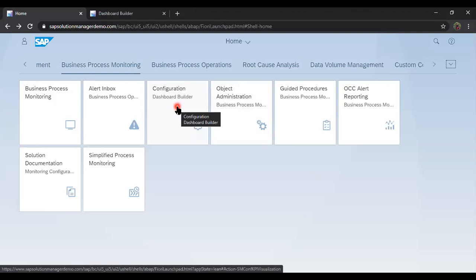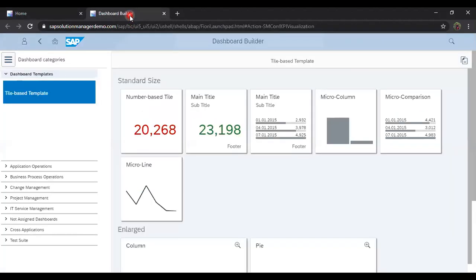I'm having one tile configuration dashboard builder. I click on this and it will open this icon, this launchpad and these options.